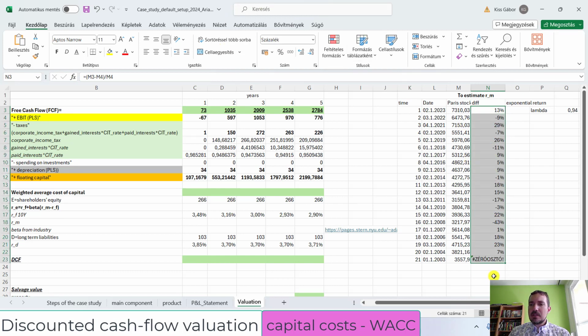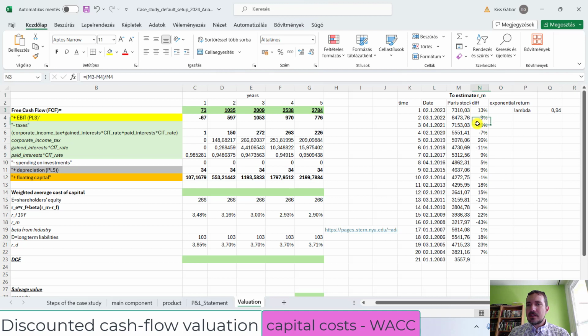So still the problem is you don't have data. So still the problem is that it's changing a lot. So it would be absolutely unwise to just calculate an average from this data. So it's much more reliable to say that what happened in the past, it's less important. So that's why we are creating an exponential return. So this number multiplied by lambda,